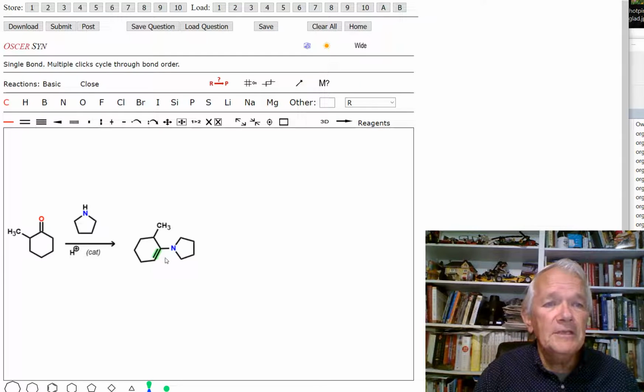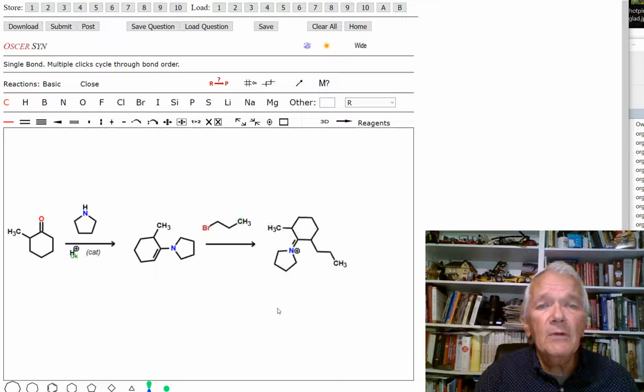Now this is a bit like an enol, except of course we have a nitrogen. And we can use the double bond as a nucleophile to do SN2 chemistry if we've got a reactive substrate. So let's just do something simple. We'll use a bromide, and we'll just do a simple propyl group and see what we get. Well, we get this iminium ion, where what's happened here, of course, is the double bond comes around,